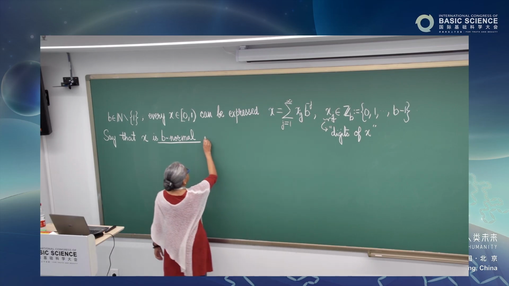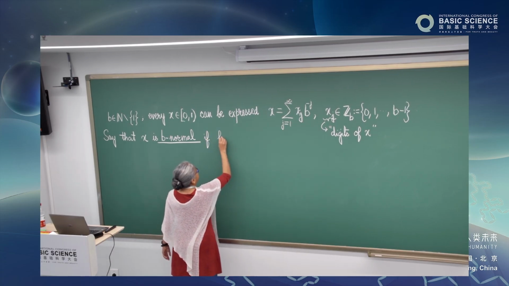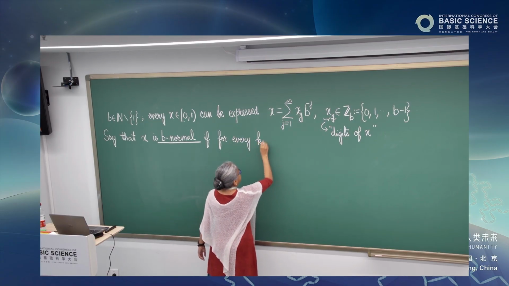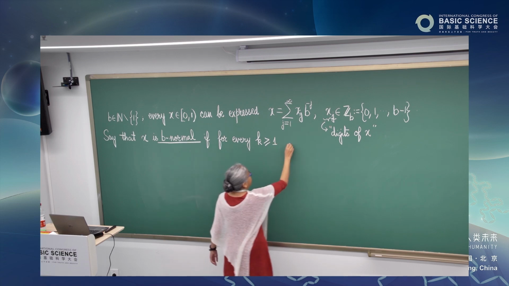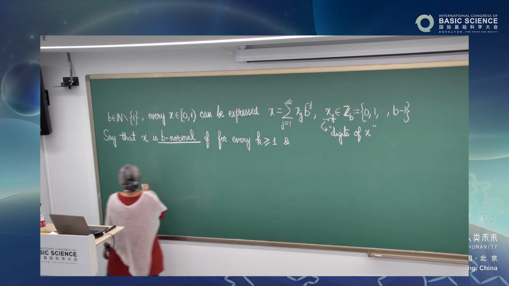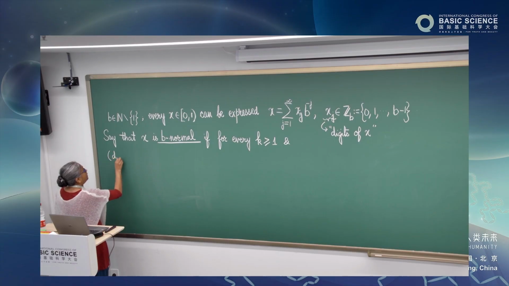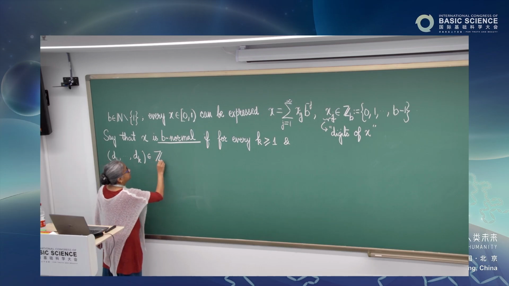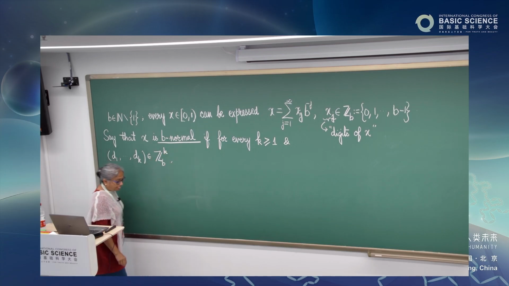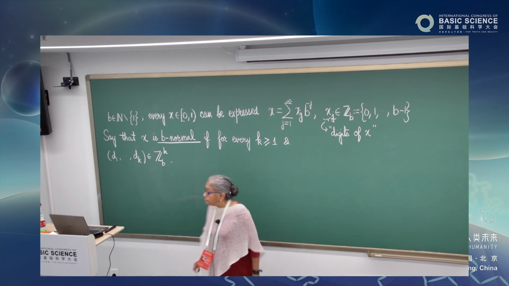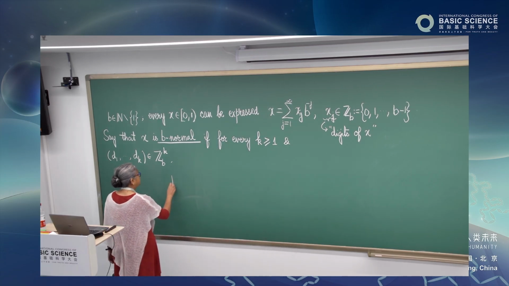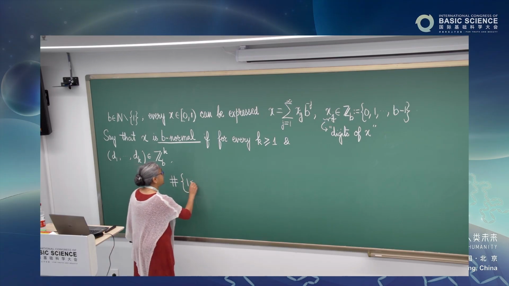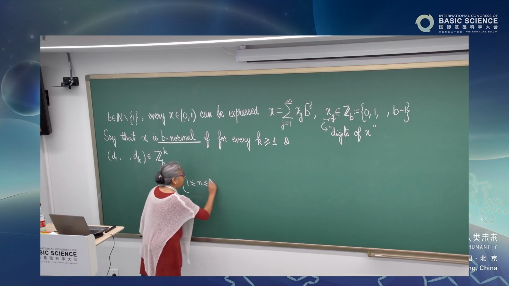So, for every k greater than or equal to 1 and any choice of digit sequence d_1 through d_k in Z mod b to the k, we are going to look at the frequency of occurrence, the number of times between, say, 1 and capital N,